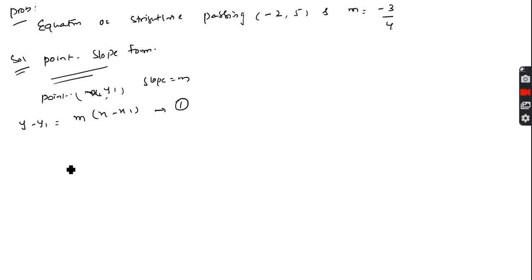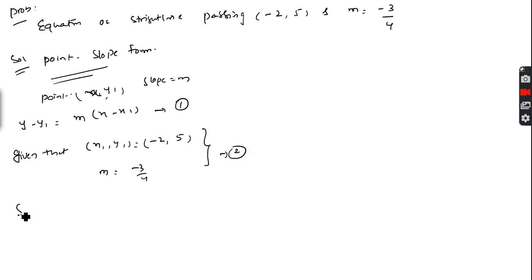Taken as 1. So given that x1, y1, what is the value? (-2, 5) and m equal to minus 3 by 4. Substitute 2 in 1. So therefore y minus y1, the y1 value is equal to 5, and m is minus 3 by 4, into x minus (-2). So therefore